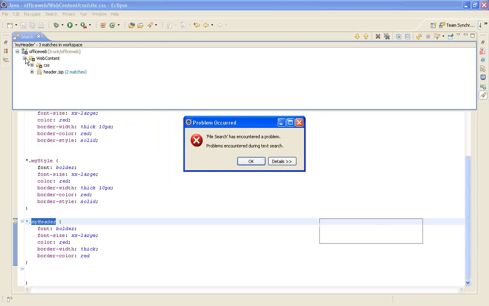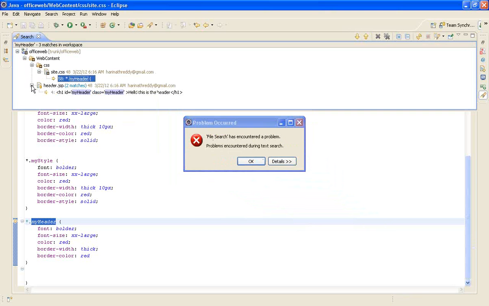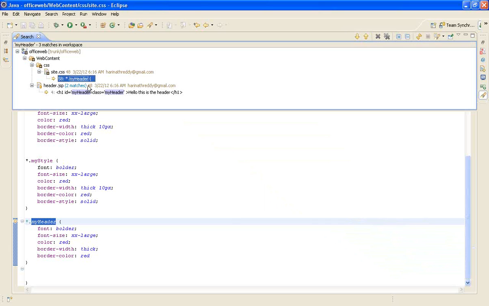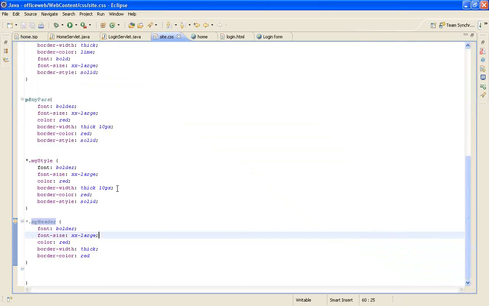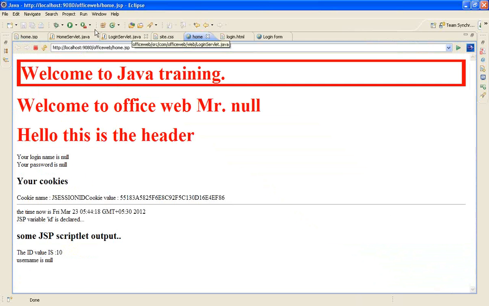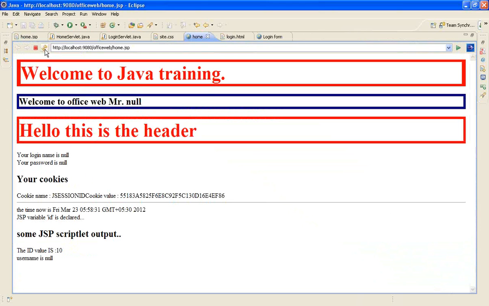Today my computer is a bit slow. Okay, I used that in the header. Hello, this is the header. ID, okay, and that actually works, right? See here, hello, this is the header, right? This works.